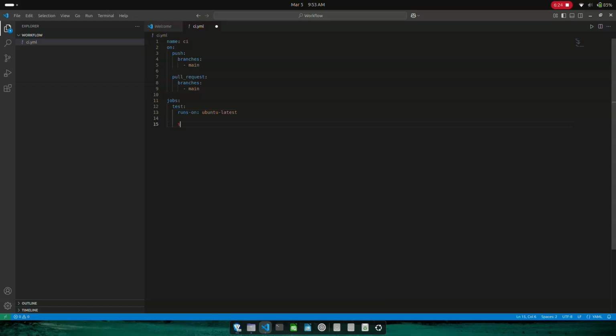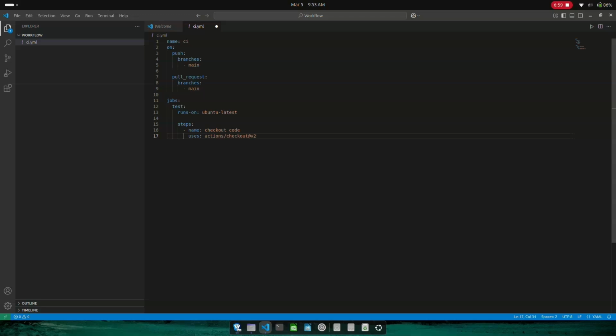Next we have steps, name, say checkout code, tab uses, actions checkout @v2.